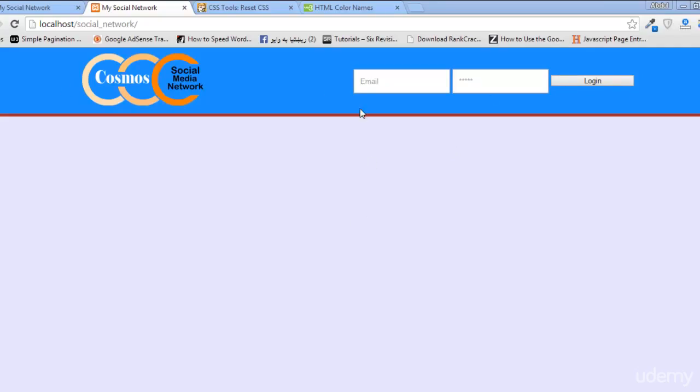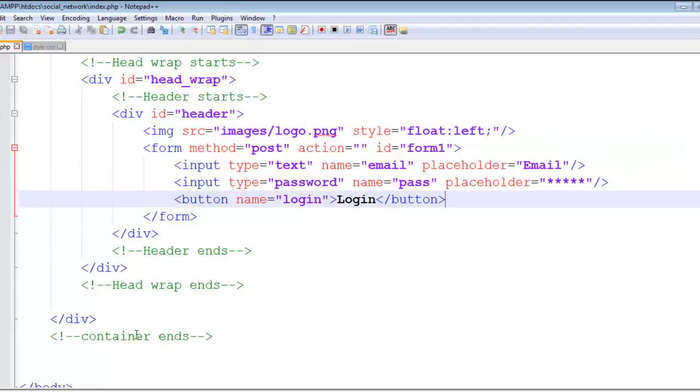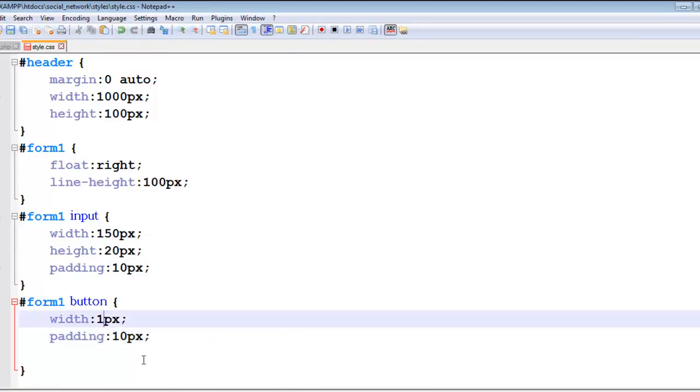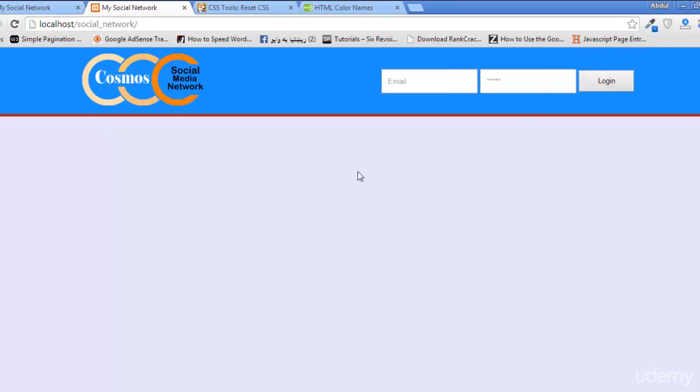So in the previous video we created this header, but this button is not looking good because we have added this height here, which does not apply well on this button. So we'll remove the height, and instead of that we will add padding of 10 pixels, and we will make the size a little bit smaller. The width of this button will be 100 pixels. So just refresh the page. Now you can see the beautiful looking button with the login, so the user can log in here